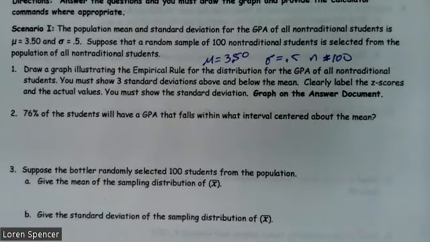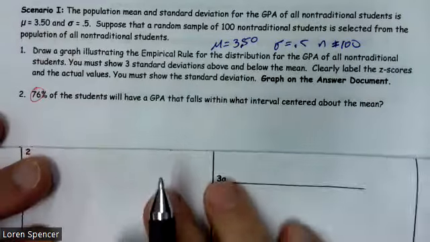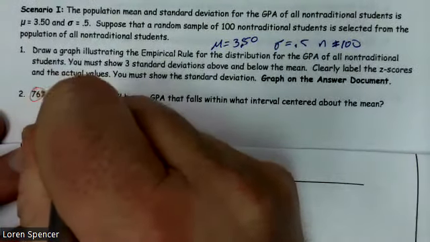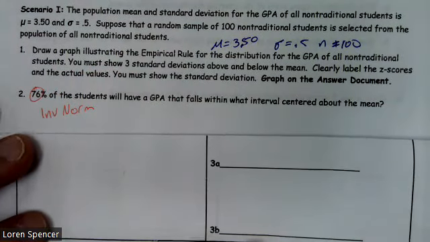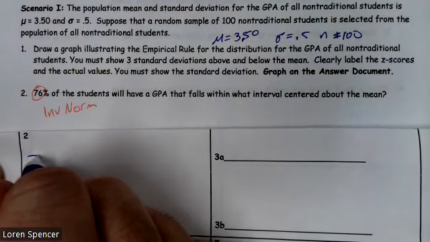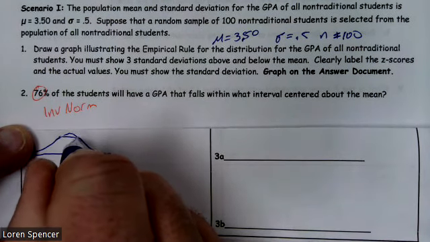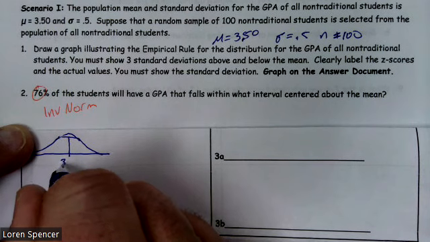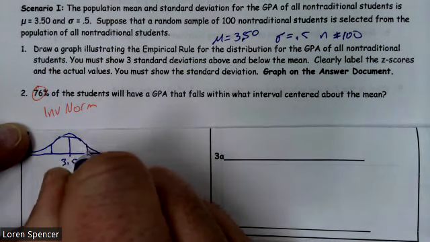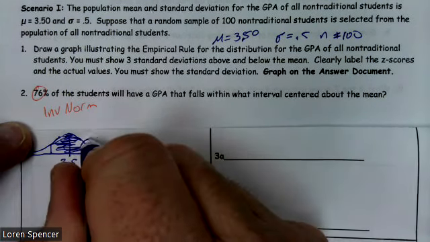All right, number 2: 76% of the students will have a mean GPA that falls within what interval centered about the mean? First off, they gave us a percent. So since they gave me a percent, I'm going to think that this is an inverse norm. The other thing is we know that the distribution is normal, and so we need to go ahead and draw the normal curve. So there's my normal curve. Got a little flat there on top. And we know that the mean is 3.5. But what we're looking for is this middle part. And they told us this middle part needed to be 76%